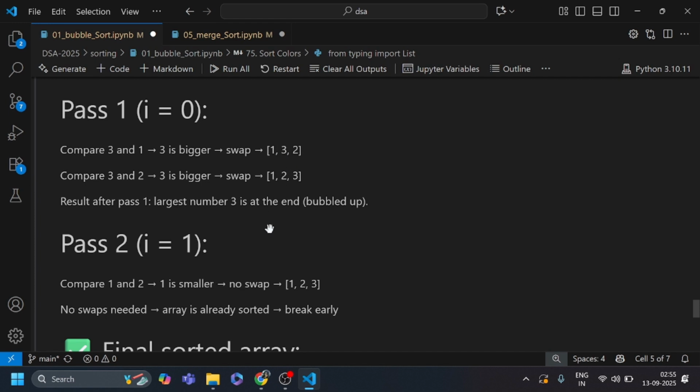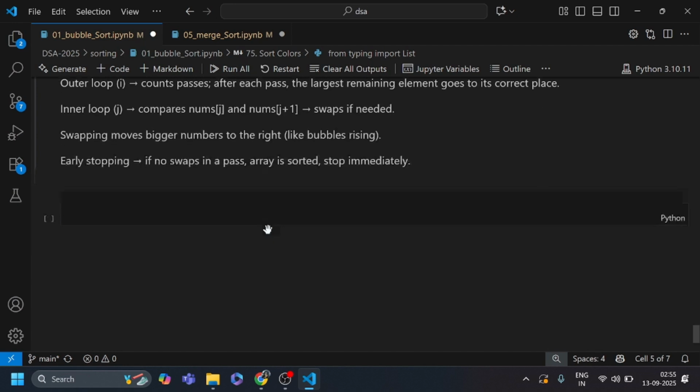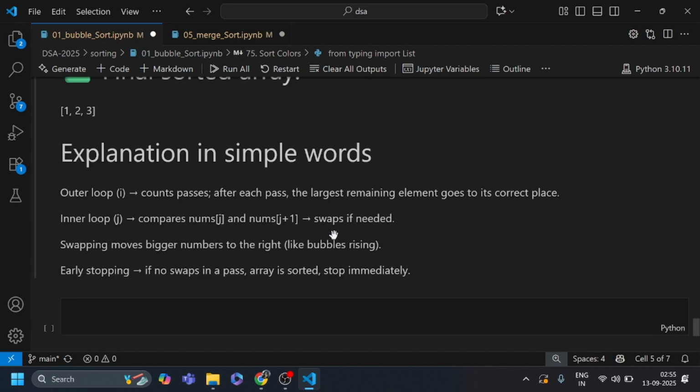Swapping moves the bigger number to the right, like a bubble rising. Early stopping: if there is no swap in a pass, the array is already sorted, so stop immediately.